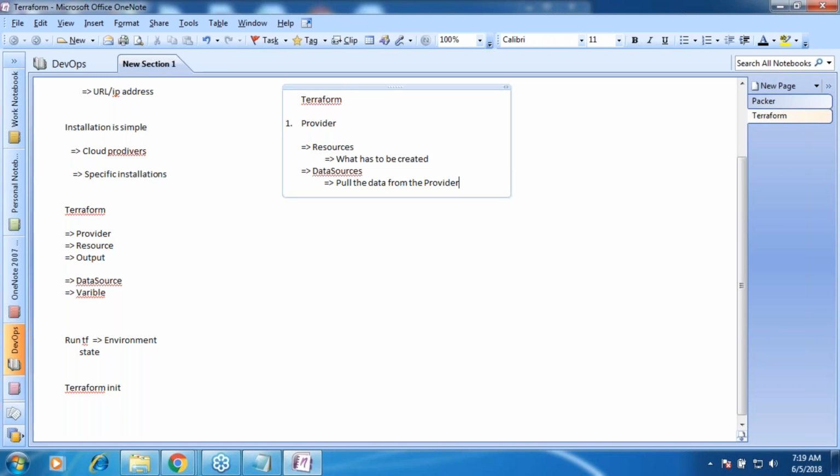if I give some name such as Ubuntu, I want to know all the valid AMI IDs, all the valid image IDs which are there with Ubuntu. For example, you have created a Packer image, but you don't remember your ID, and you want to pull that from AWS, then you use a data source. So a data source is something which can query the data from your provider. Okay, so each provider will have some supported data sources, right? So then